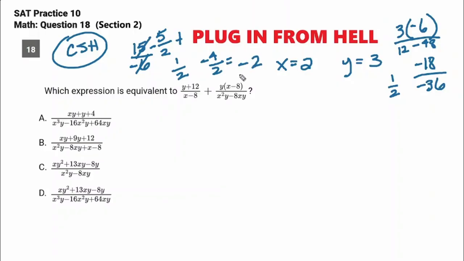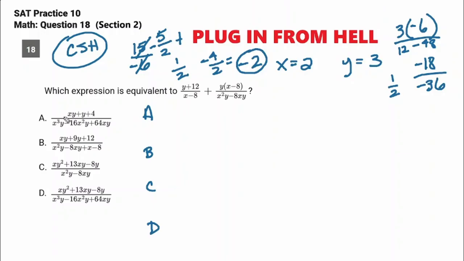Okay, already done a lot of work. What are we looking for? We're looking for negative 2, so circle it. And when you go to the answer choices, you're going to cross off all the answer choices that aren't negative 2. So I'm going to write A, B, C, D vertically, and I'm just going to put my head down